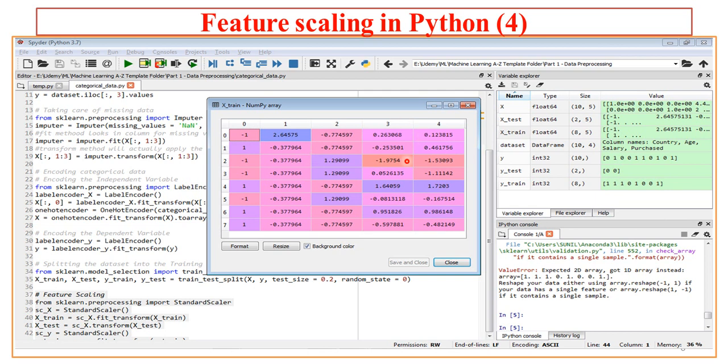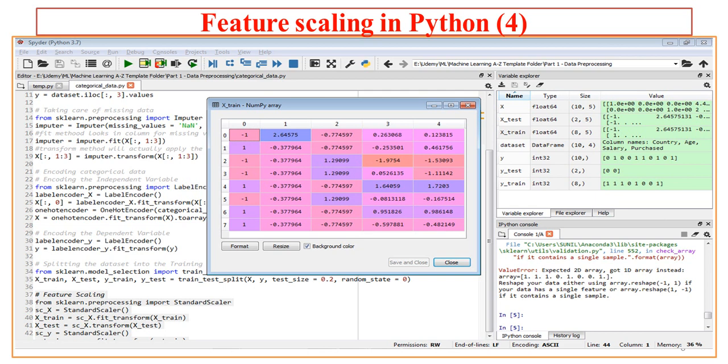That means all the features, even though those features were having values of different ranges, or rather the features having values with a huge difference in the actual case, are now scaled within the range of +3, 0, -3. This is for x underscore train.